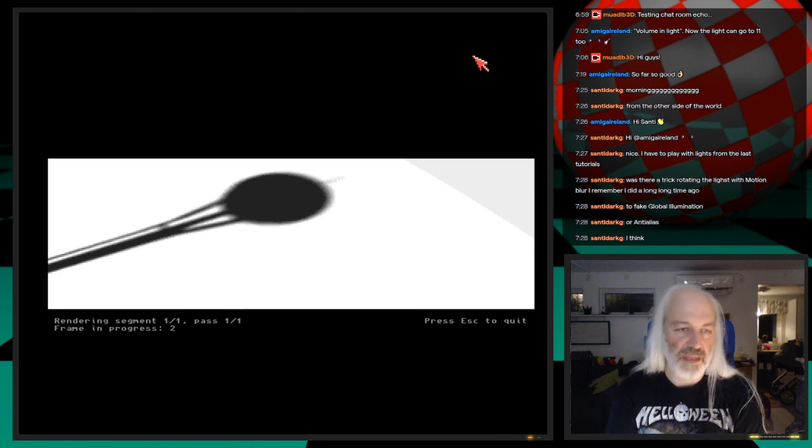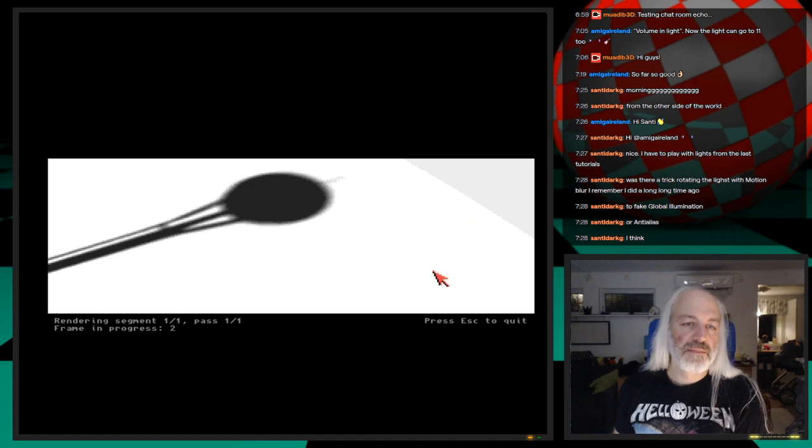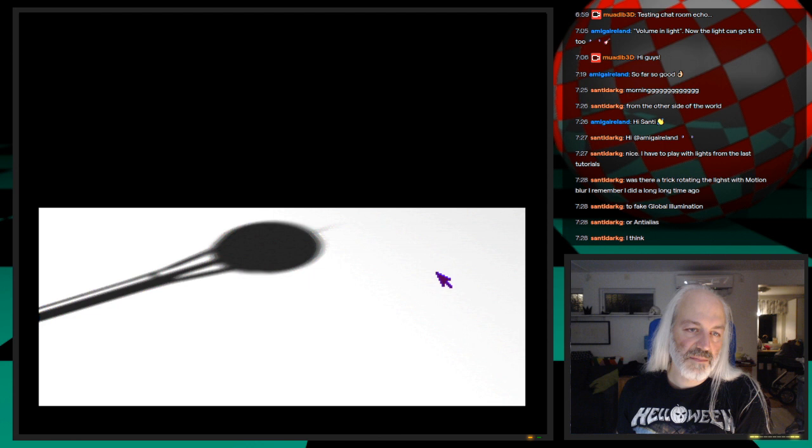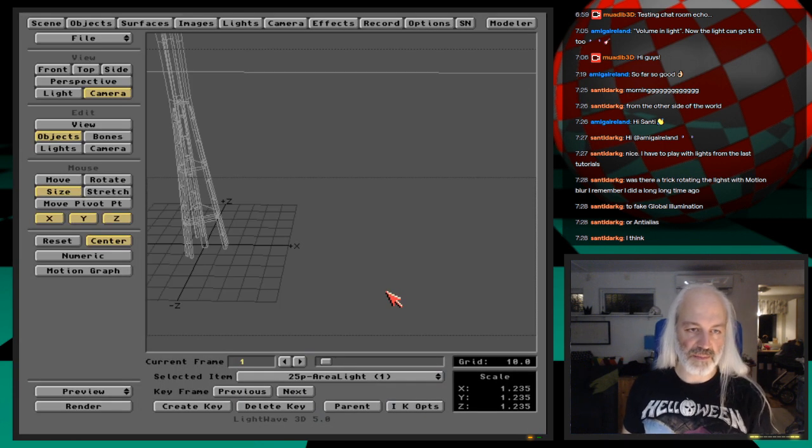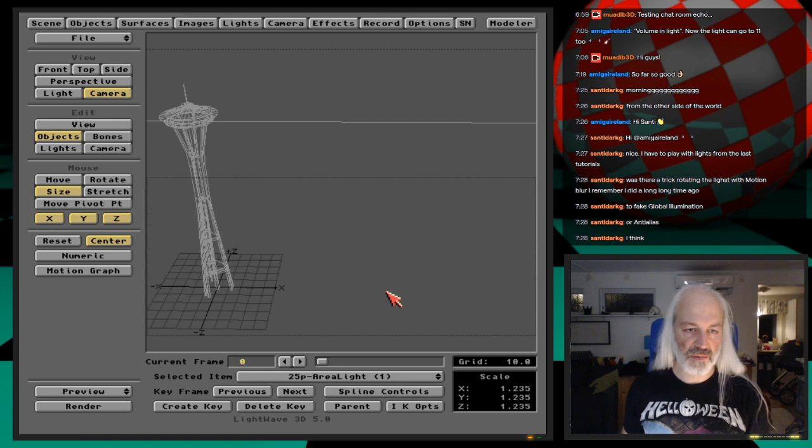Anti-alias. So this is the Space Needle's shadow. So now, as we said,